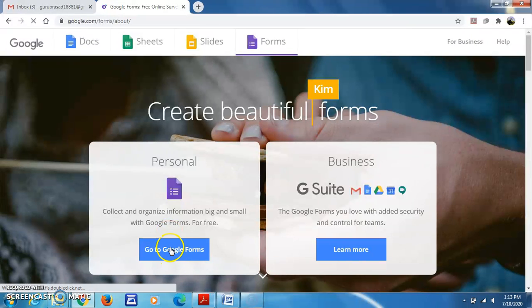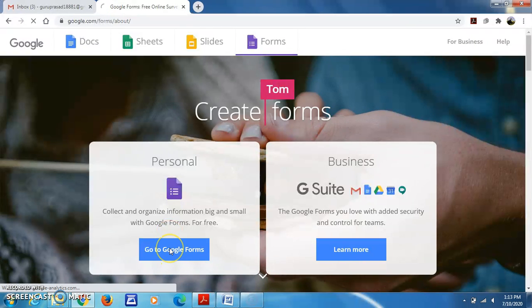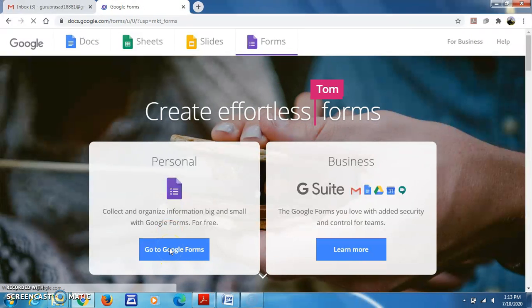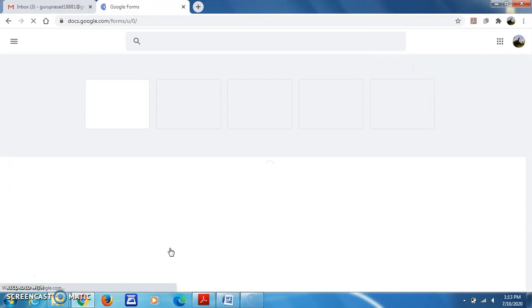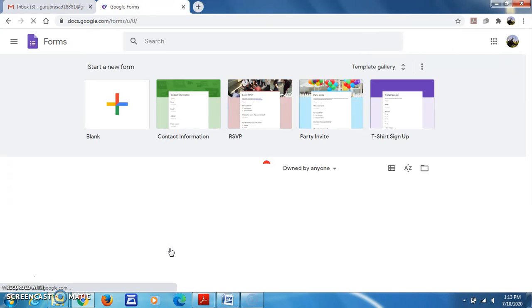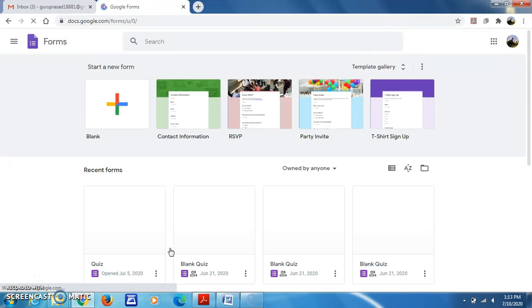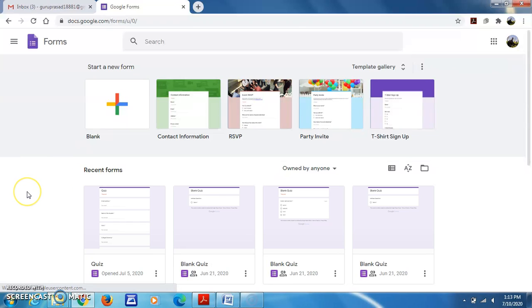Here, go to Google Forms. You can see here, with your email, the Google Forms you have created till now will be here only.